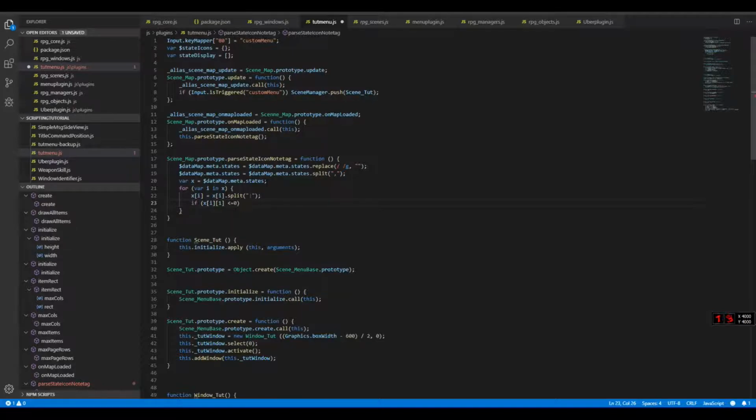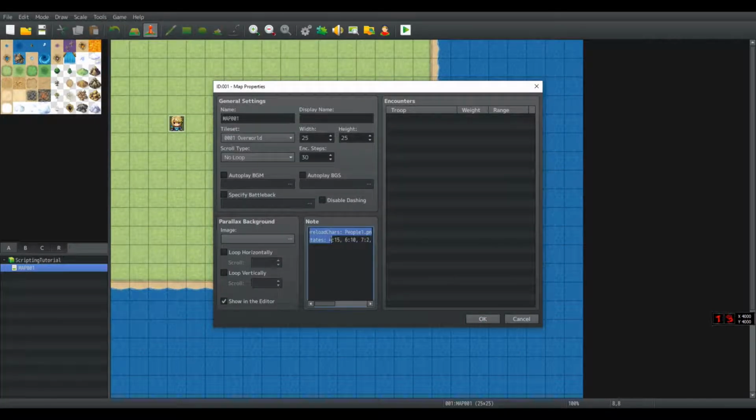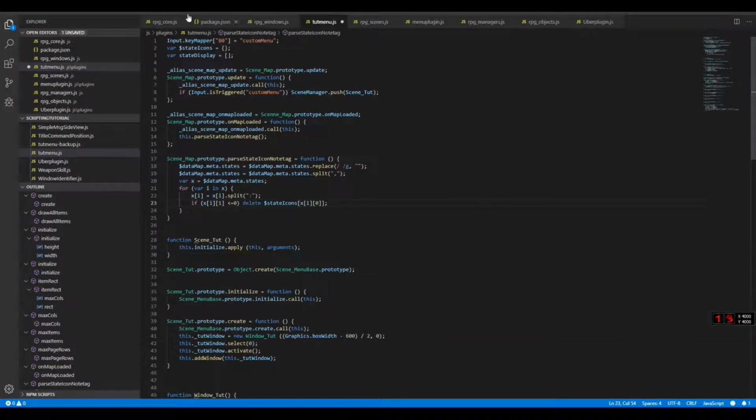And now we will need to delete the state icons x[i][0]. In other words, if the value is below 0, it will delete the state ID from the